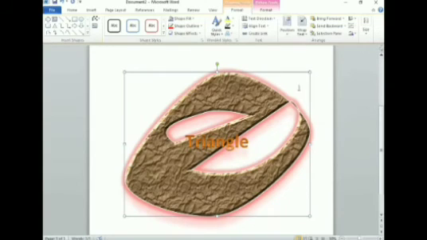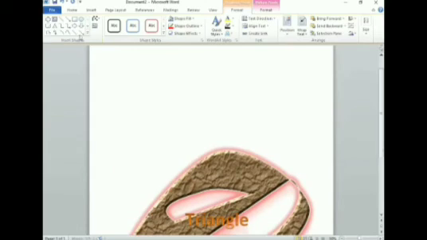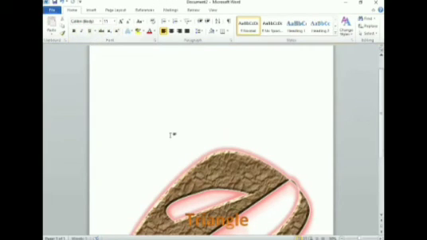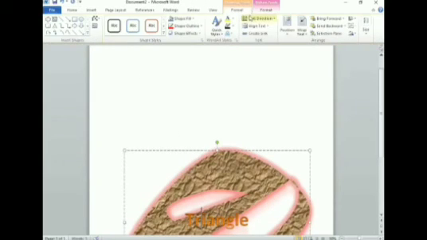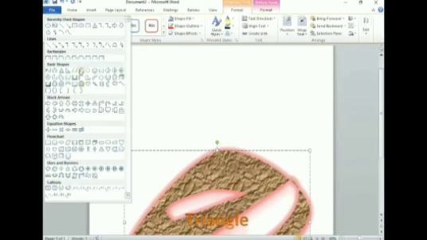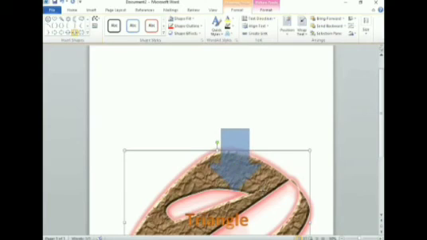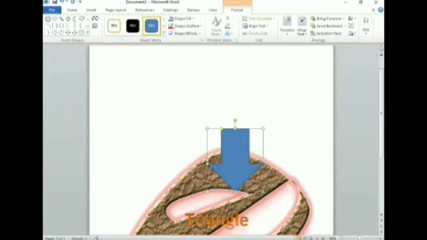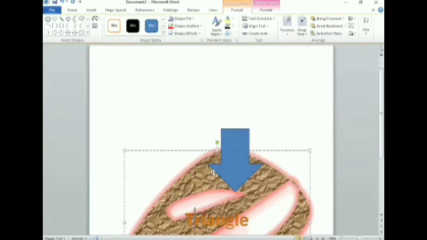Clear? So one more thing, if I want to take more shapes, you can see here in the drawing tools, we can insert more shapes also according to our requirement. Clear? So we have taken two shapes, one is this one and second is this one.